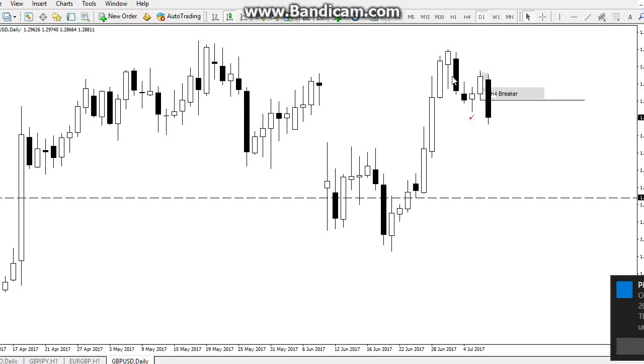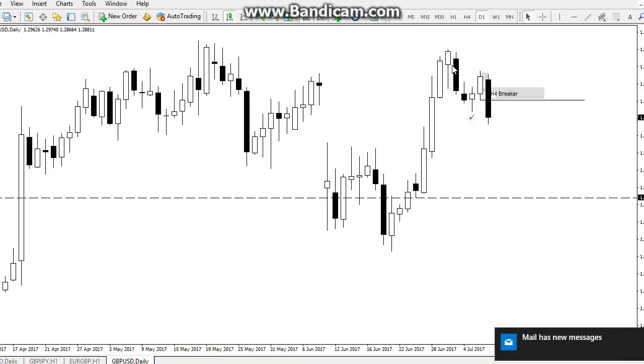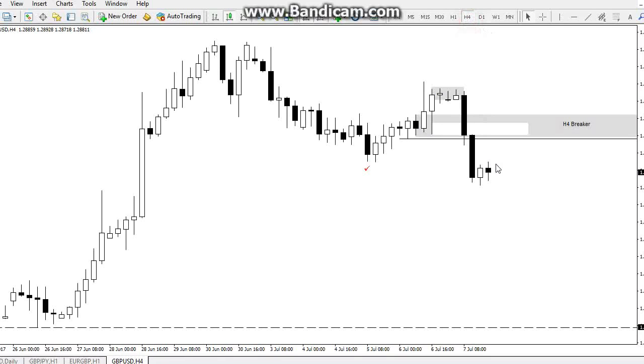So obviously what I've marked out is we've had a breakdown. We formed my fractal pattern that I like, and then we've reacted off of it nicely. So formed it, came back up, reacted. I think I spoke to a few guys in my trading group about this pattern that I use. Another fractal pattern. So what I want is us to come back into this. As soon as it comes back into here, which is perfect, the H4 breaker, I'll probably short it depending on